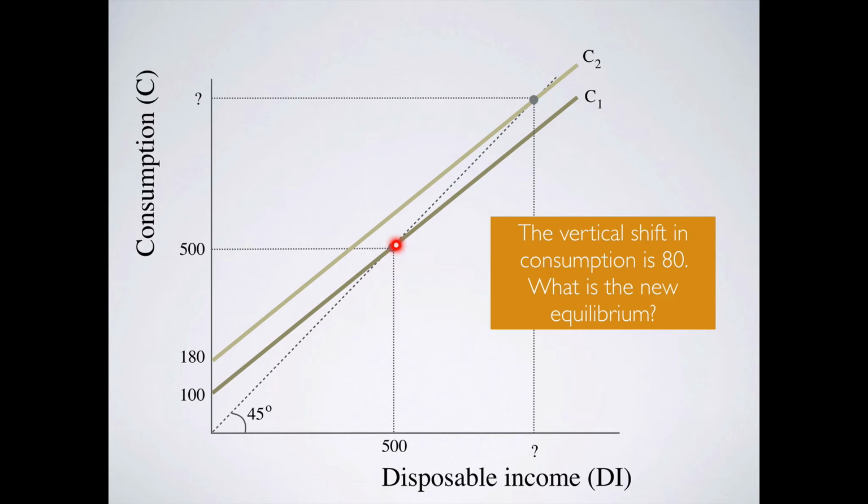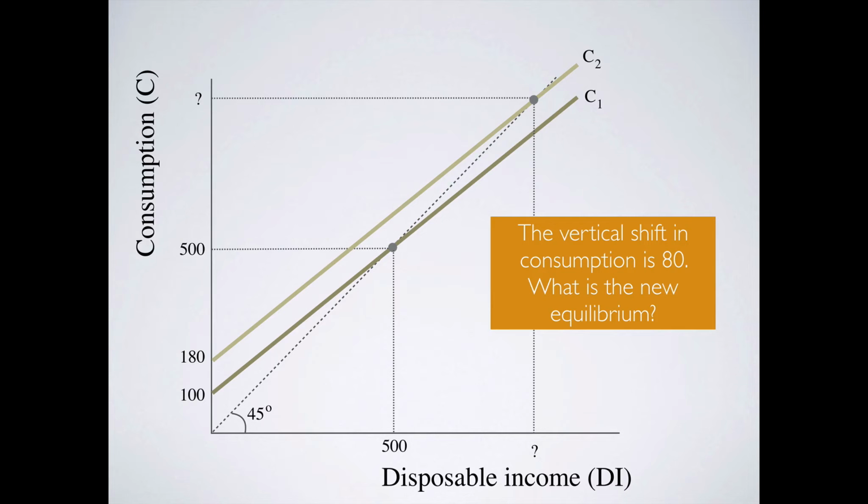What's happened here is the consumption function has shifted up vertically. We can see that just by looking at the intercept there: the amount of that vertical shift is 80, like I put in this box. Vertical shift is 80. Now, just because of the geometry of the lines, we are going to have a very different new equilibrium position. The old equilibrium position was at 500 and 500. So disposable income, 500, let's say that's in billions of dollars. Consumption, 500 billion dollars. Because the consumption function is upward sloping,